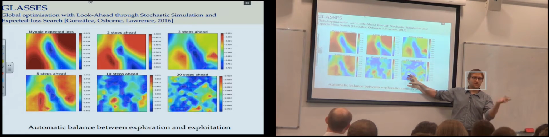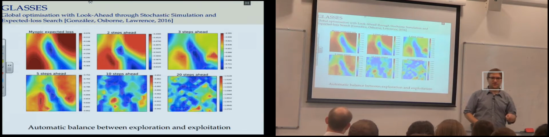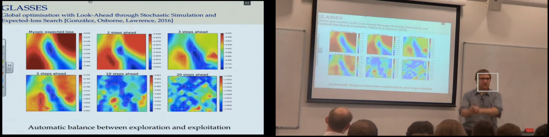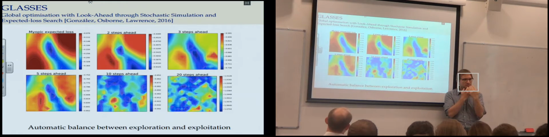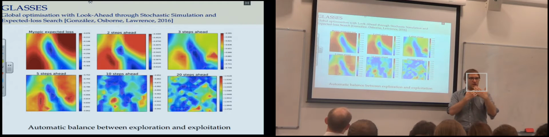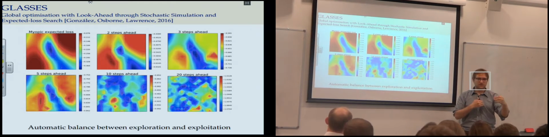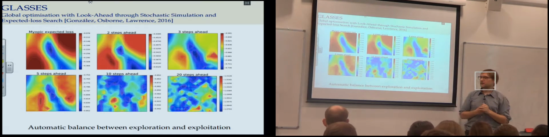You can be more explorative. But if it's the last time you are having dinner in that restaurant, you are going to be more greedy. You are going to get something that you like. So by considering that you have a limited budget of evaluations, you can automatically find the optimal